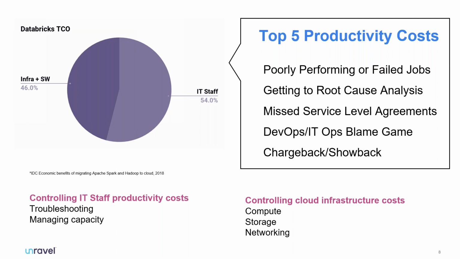So maybe you can identify the failed jobs, but getting to the root cause of failed jobs and optimizing those failed tasks and those failed jobs is really problematic for our customers. Also, that leads to huge misses in service level agreements where customers are just not able to provide the uptime and the reliability that they promised their customers, their end customers, which inevitably leads to a pointing fingers or blame